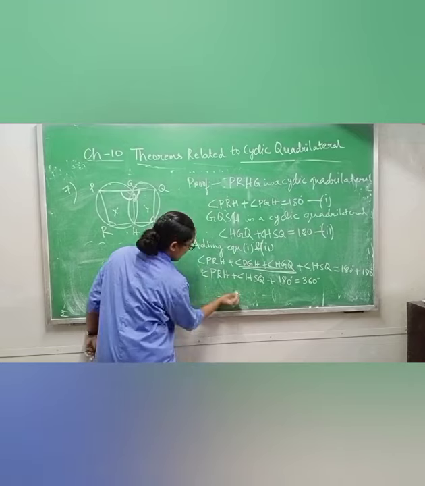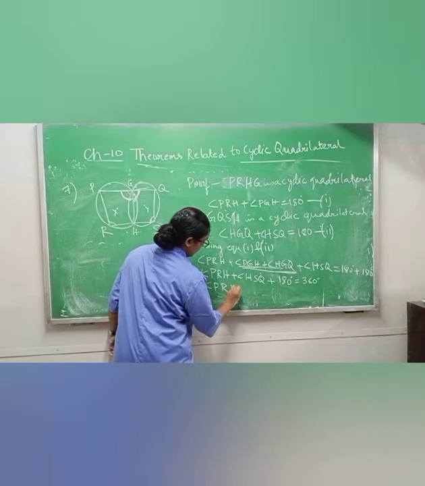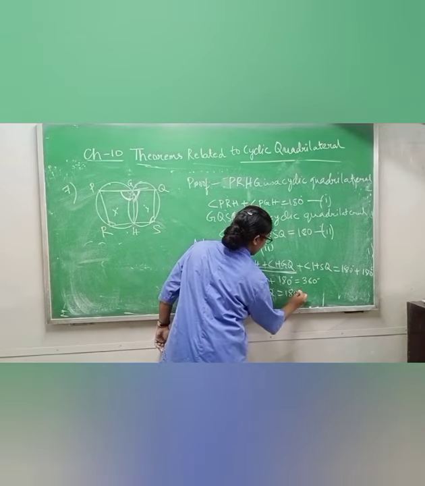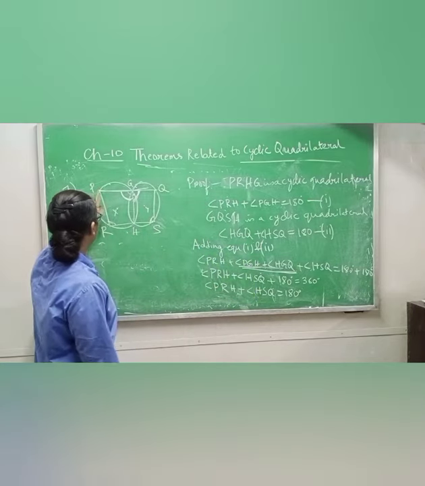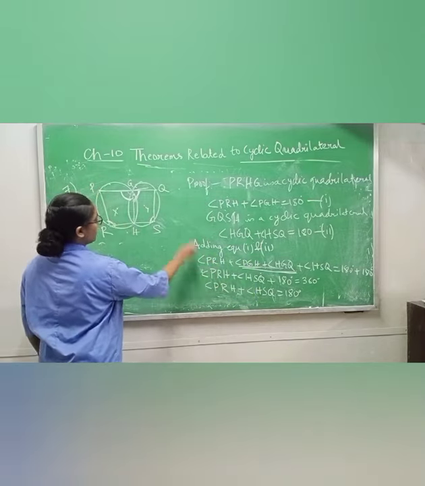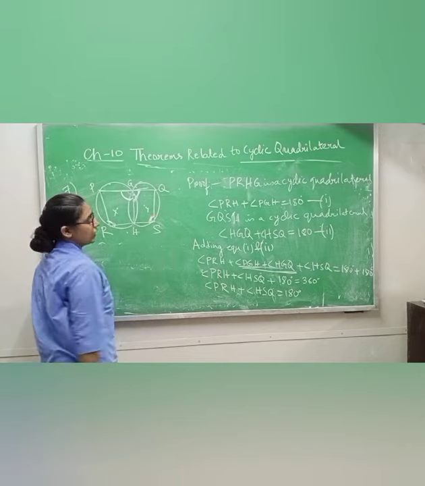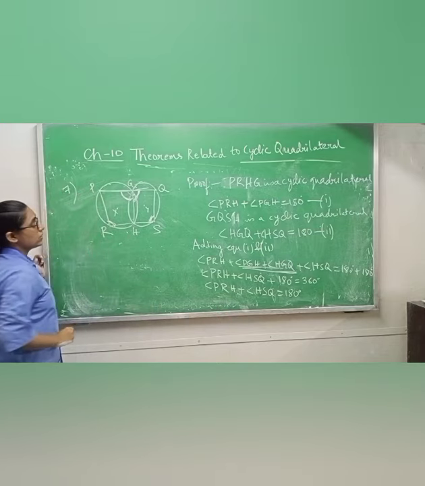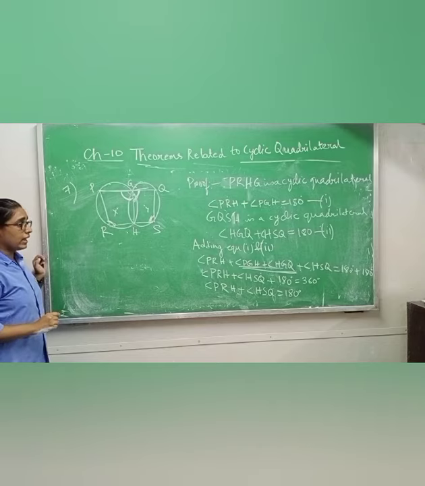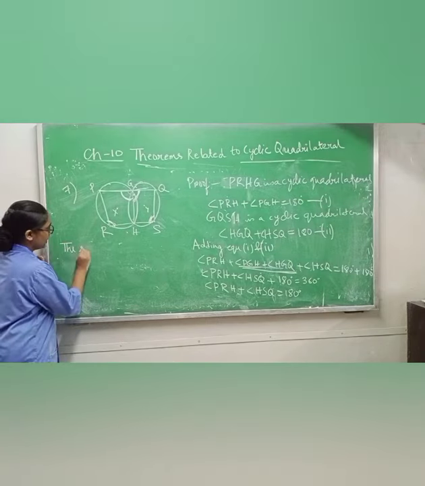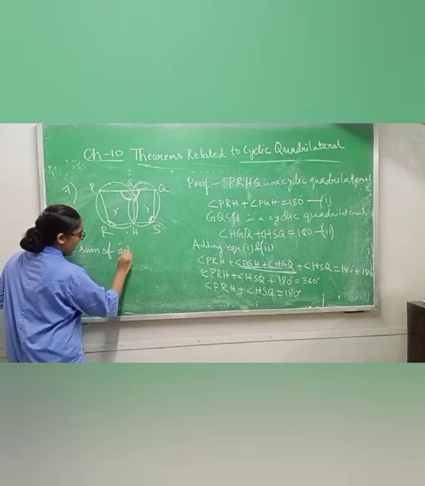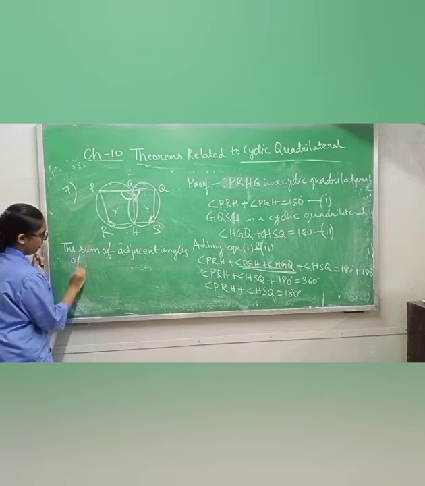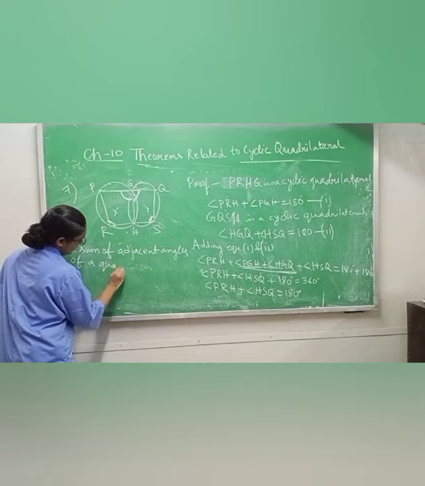Okay, this 180 degrees will go that side, it will become minus, and when you solve it will give you 180 degrees. So same thing, can you say PRH, this angle, plus HSQ, this angle, are giving 180 degrees. So what will you write? The sum of adjacent angles of a quadrilateral